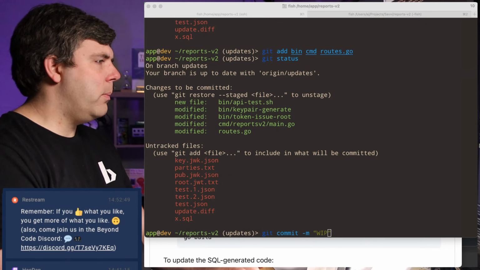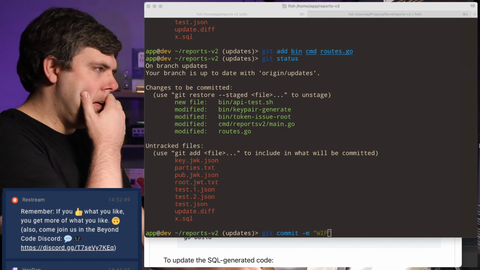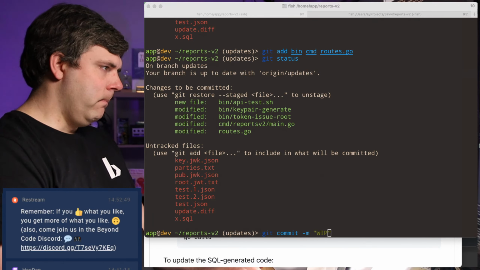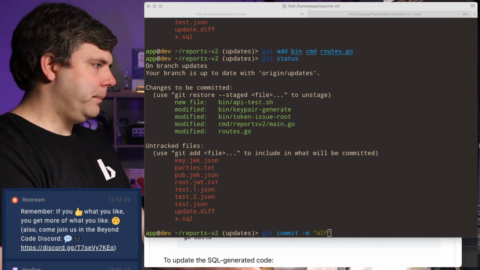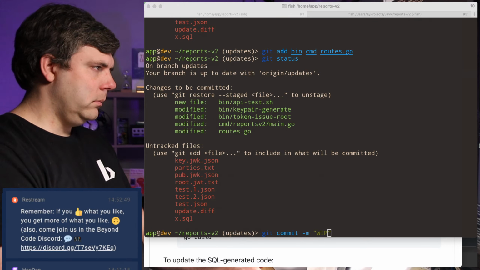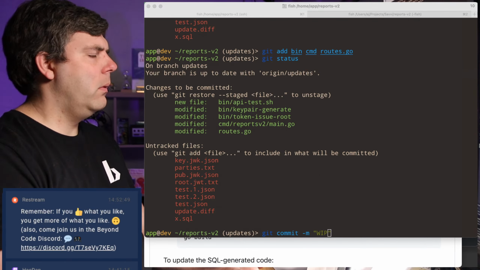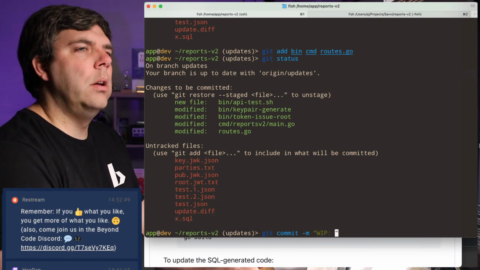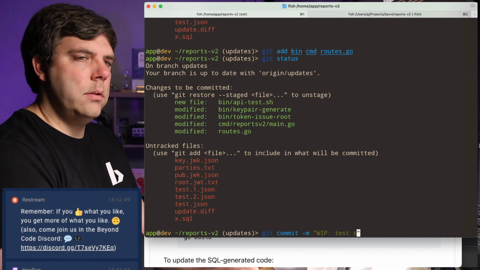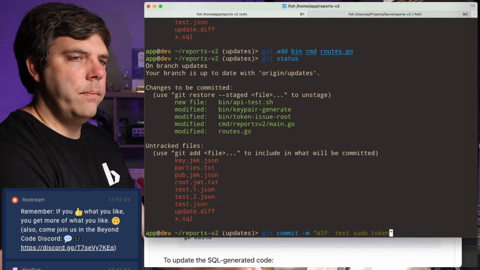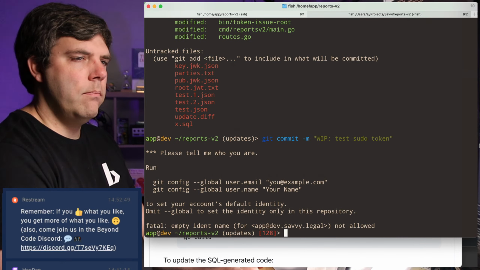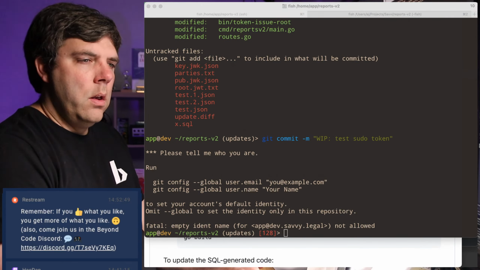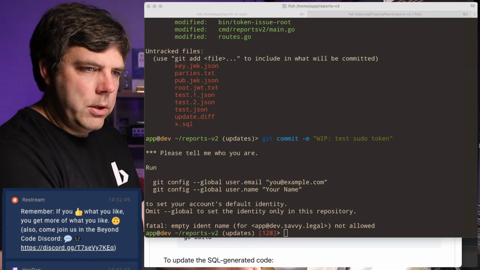Oh, I can't edit the deploy key. Once you've set it, you've set it. Not quite sure how that works either. Okay, WIP: test sudo token. Okay, I'm going to have to pull this locally. Give me just a second.